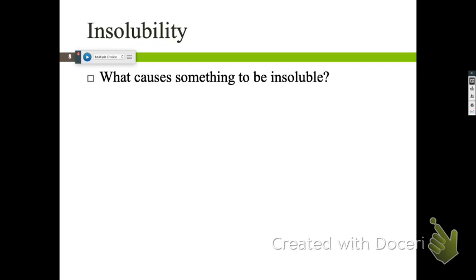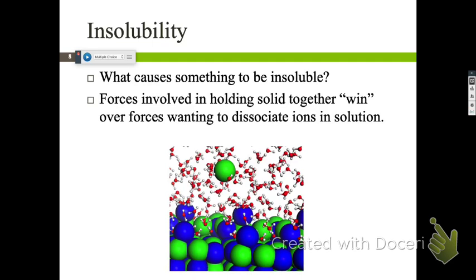I think we've already talked through most of my points here. Here's a visual of what I was talking about: a solution of sodium chloride. This would be a chloride ion, and this blue one would be a sodium ion. Can you guys see all the little water molecules? Usually when you see pictures of a solution, we kind of ignore the water and say, well, it's dissolved in water. Just imagine it's there.